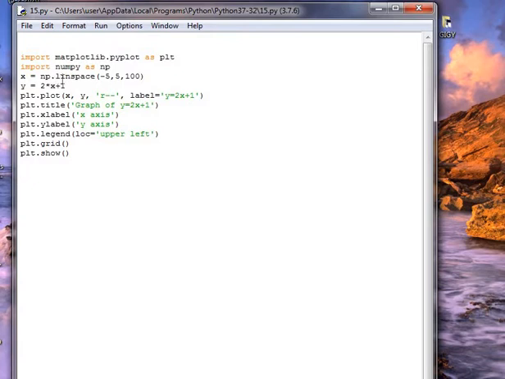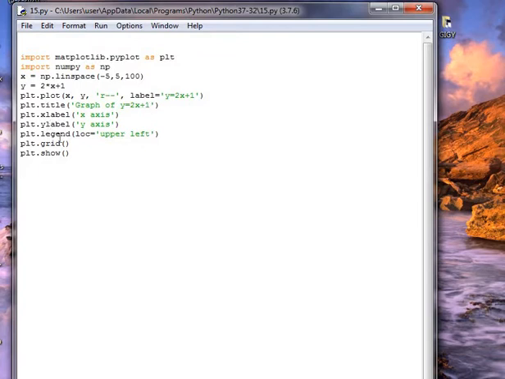I also add one function, np.linspace. The linspace is to create evenly spaced points in a given interval. So it will return 100 evenly spaced points over the interval -5 to +5. Here also another specification, r--. This is another line style, dashed, with the color specification red, and label y equals 2x plus 1. I also add one title, the graph of y equals 2x plus 1, x label, y label,